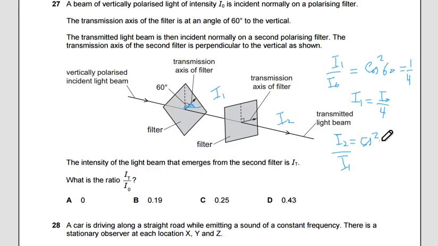Okay, so it is cosine square 30, cosine 30, square root of 3 over 2 squared, it is 3 over 4, and we can simply relate I2 to I node by removing I1 and putting I node over 4 in its place. So it is 3 over 16, and this gives